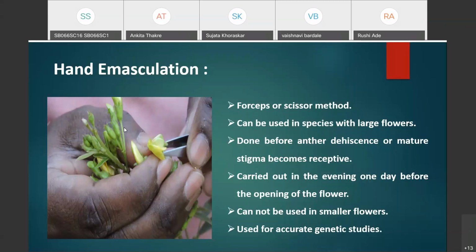Okay, therefore emasculation is done in the evening between 4 p.m. to 6 p.m., one day before the anthers are expected to dehisce or mature and the stigma is likely to become receptive. Okay, and therefore the flowers which are selected for emasculation are those that are likely to open